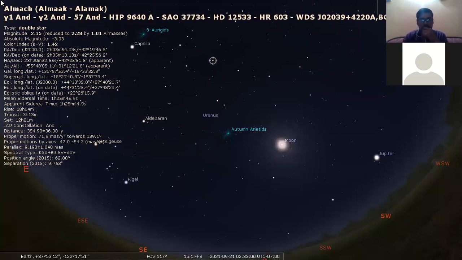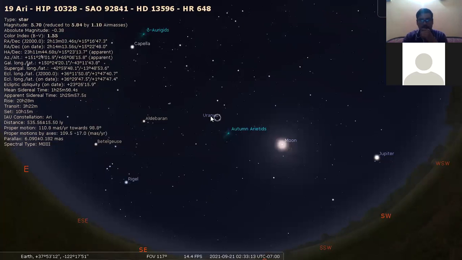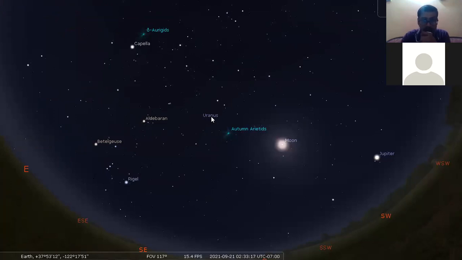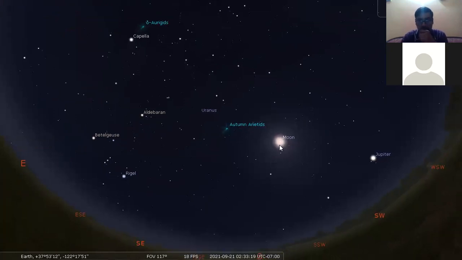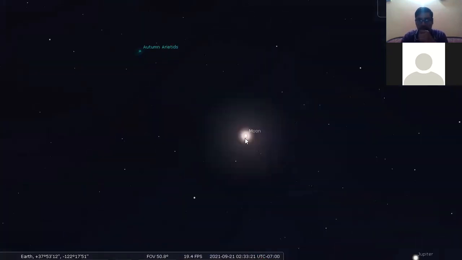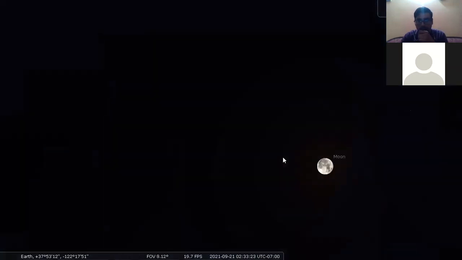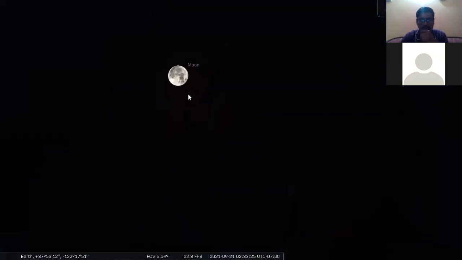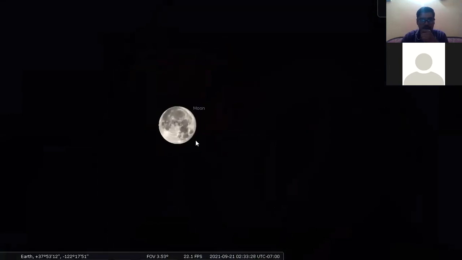So that's a beautiful view of the Stellarium software, that it tells you all the details and introductions about the objects there. If we talk about Uranus, it's basically not visible. Let me show you the moon. If we zoom in, here you can see how the moon looks in America at present.